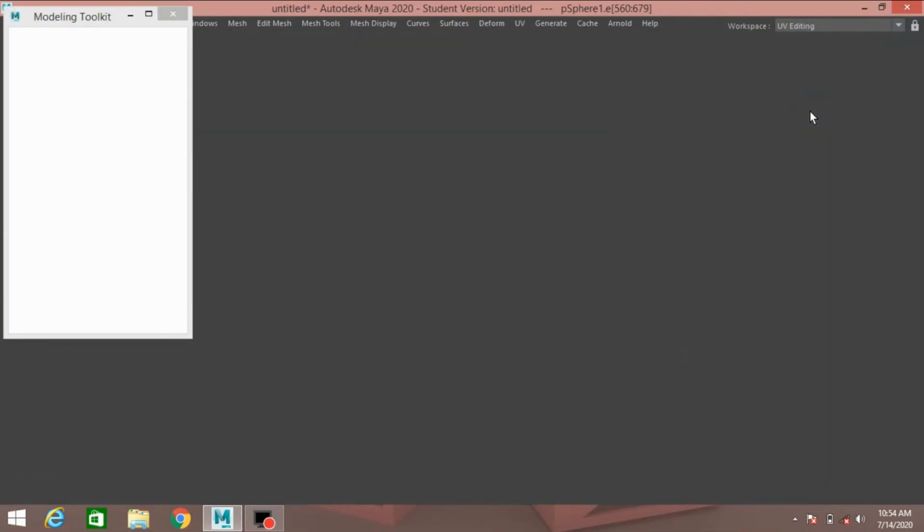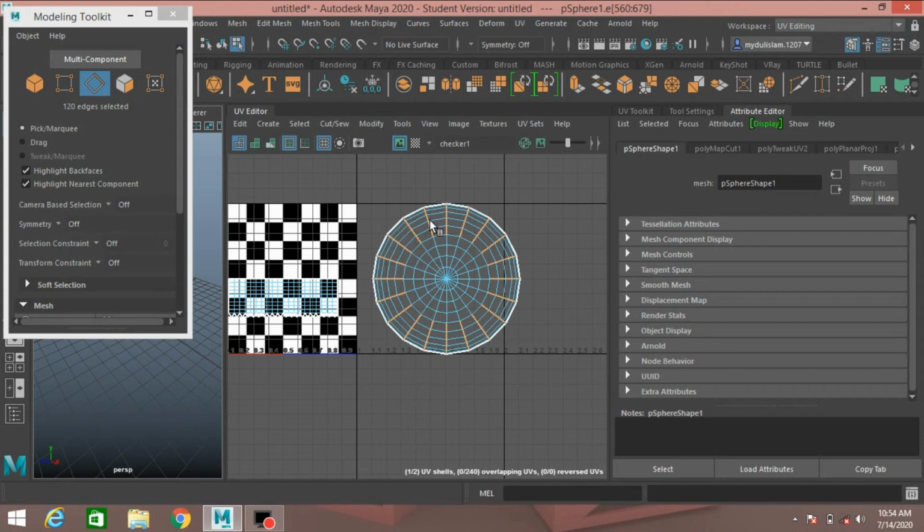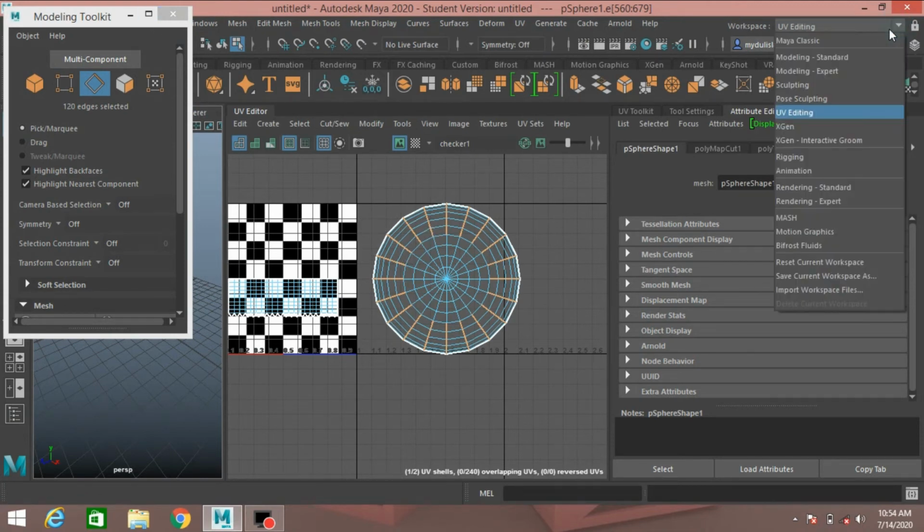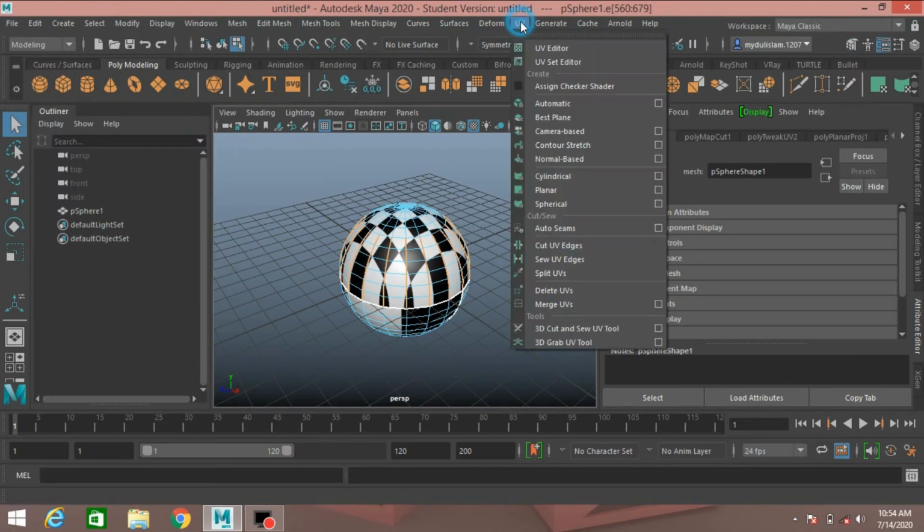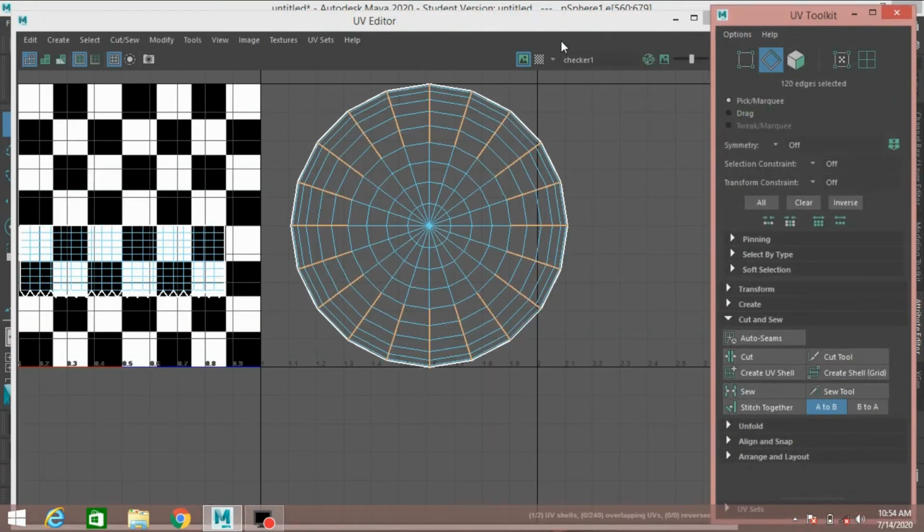Again change Maya Classic to UV editing. Now again go to vertex mode.